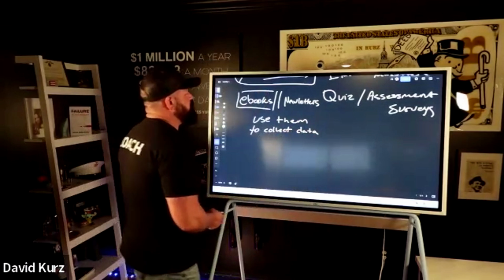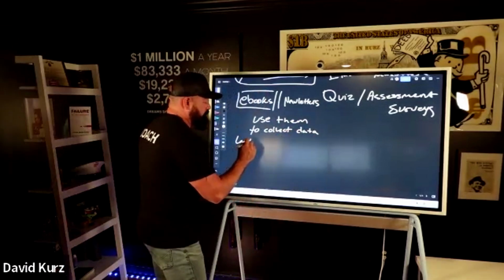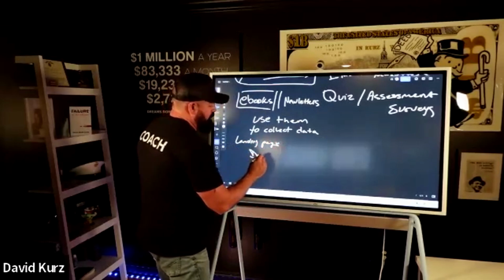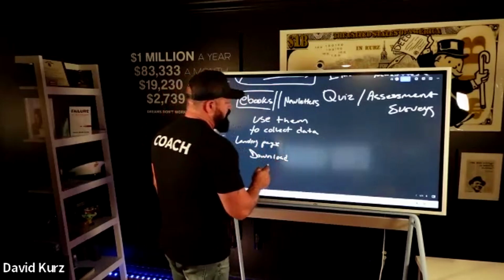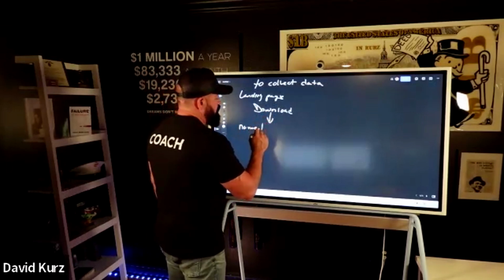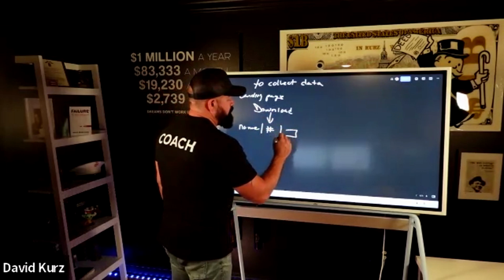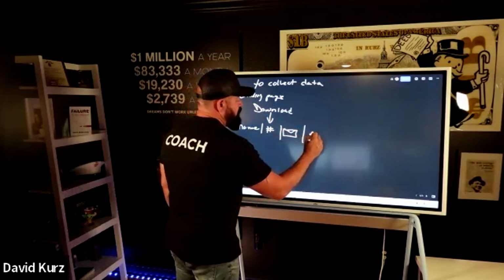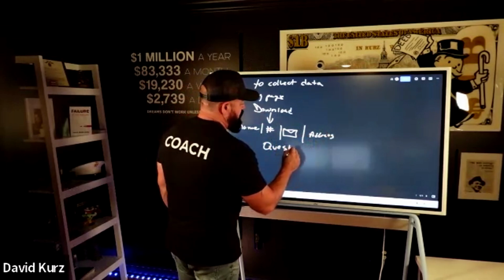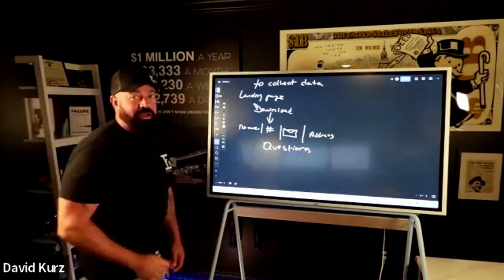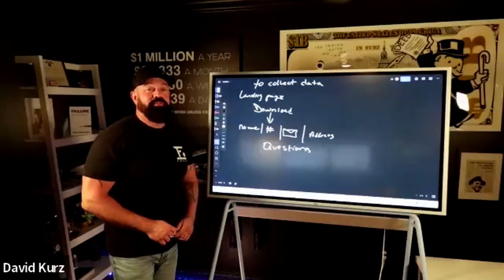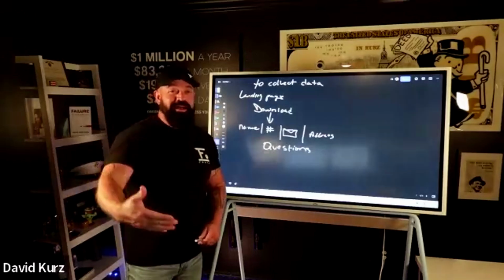So it's one of those things where you create a landing page, and that landing page says, download my content, right? Download my new ebook, okay? And in order to download my ebook, I need your name, number, email, whatever, address, a couple questions, whatever you want to add on there. Don't make it too difficult that they don't want to actually go through the process for your ebook, right? I know it's a free ebook, but you also want people to actually download it, right?